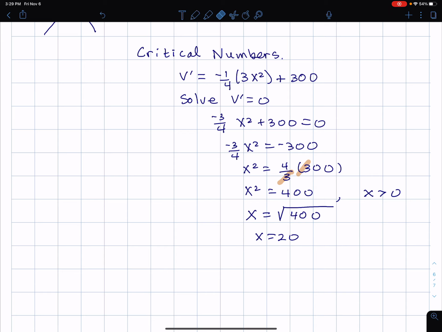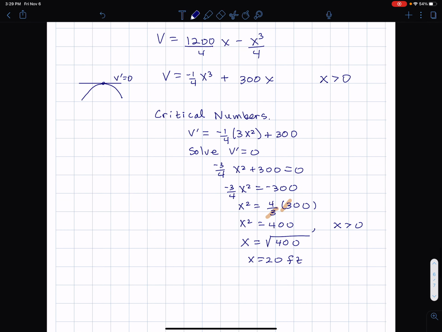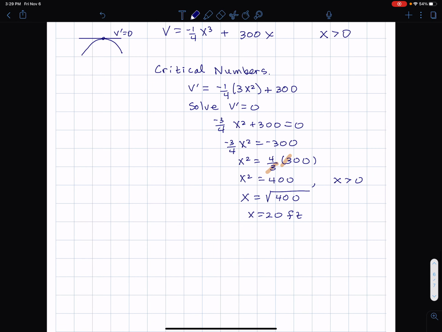I'm convinced that x equals 20 is going to give a maximum value for volume, because I talked about the volume function being concave down, and a concave down function will have a maximum value. But there's another method which is sort of easy to use for this case,